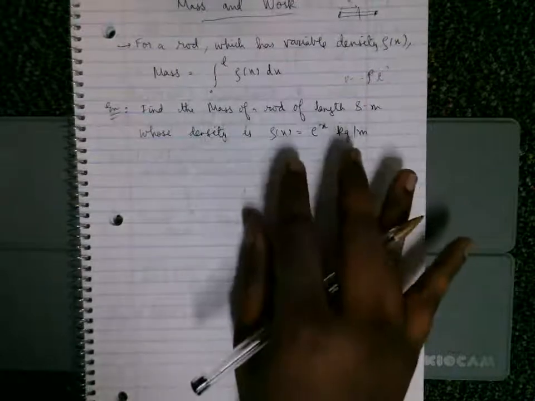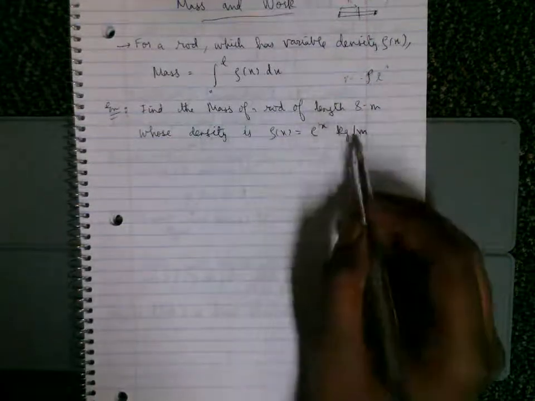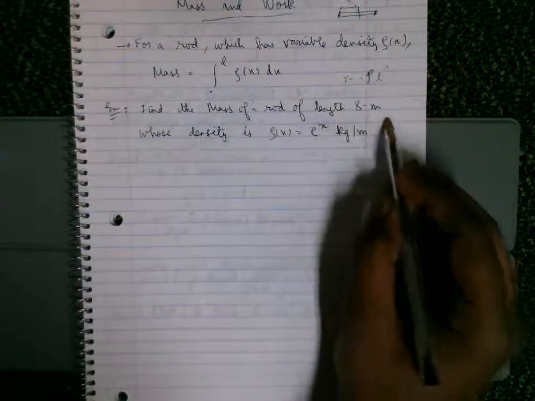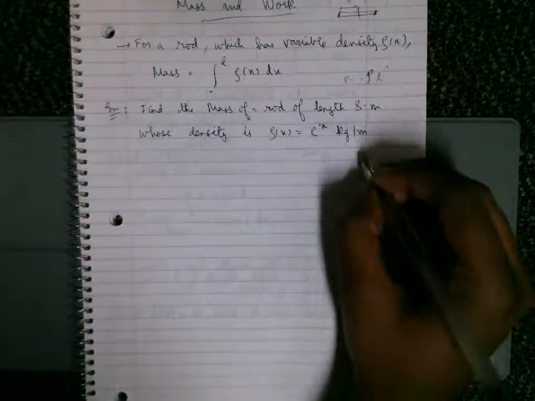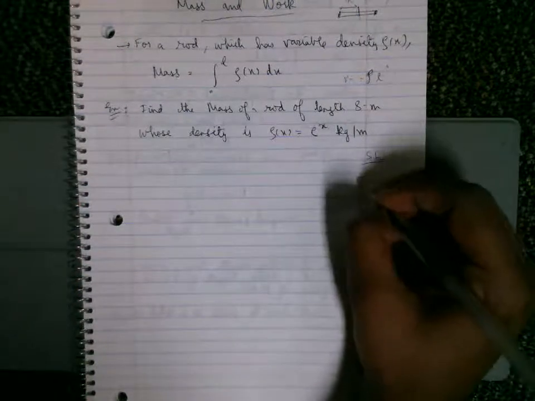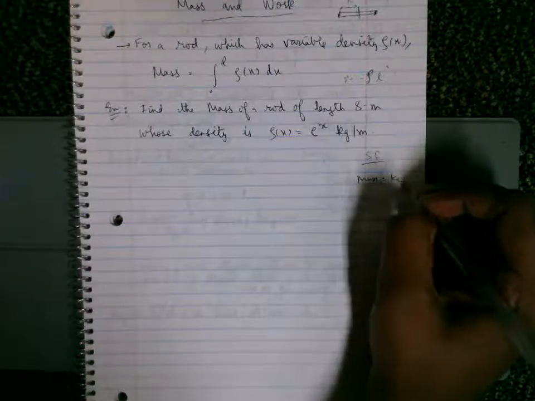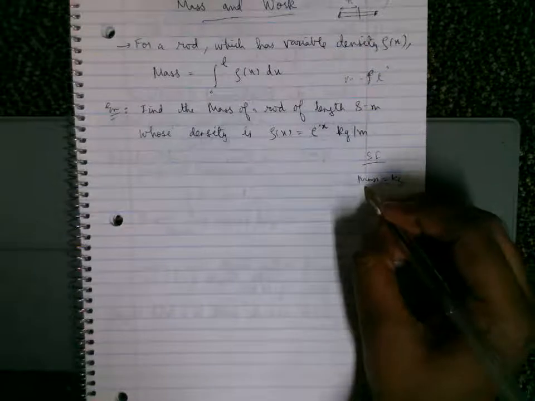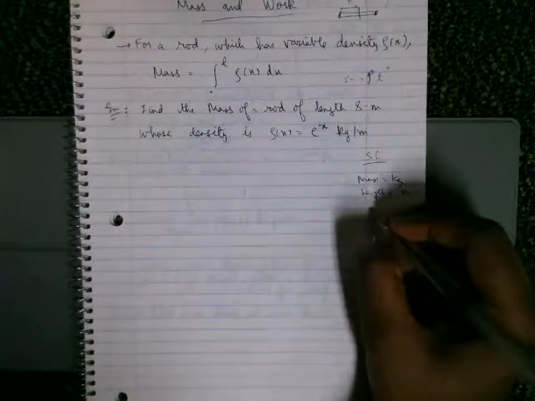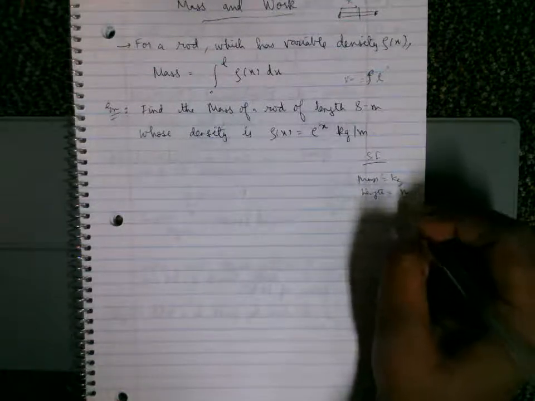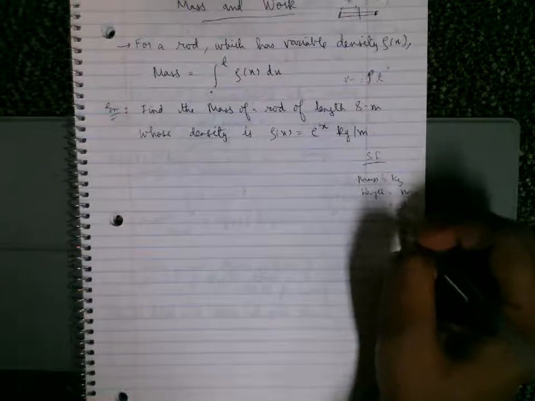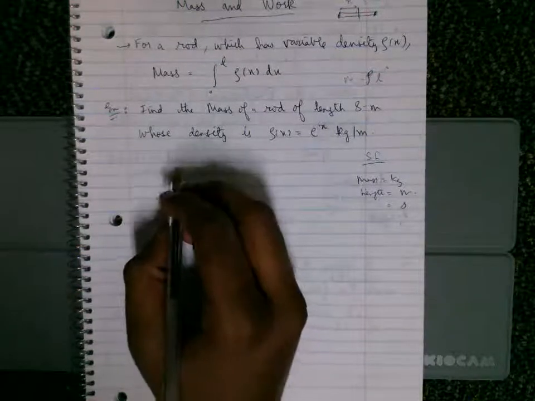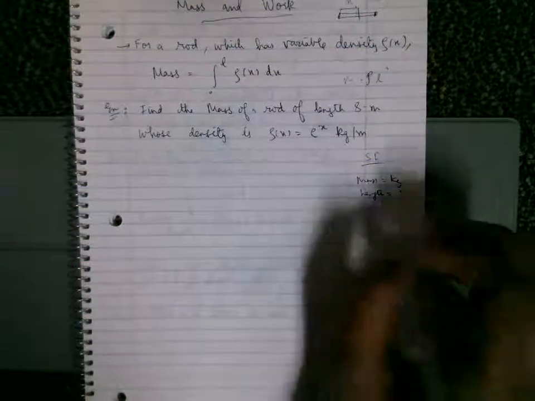So usually when you are dealing with units, you have to make sure that you are converting all the units in SI units. So for example, the SI unit of mass is kilograms, the SI unit of length is meters, and the SI unit of time is second, and so on. So that is what we want to do.